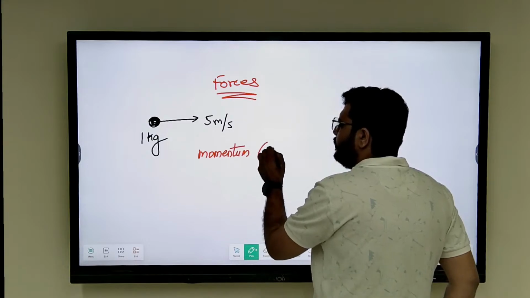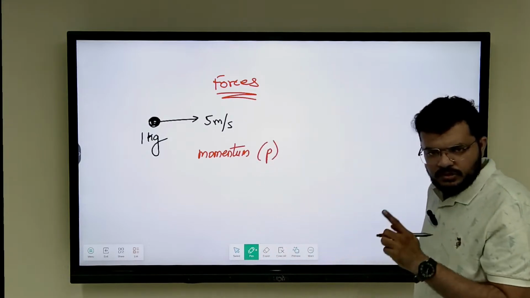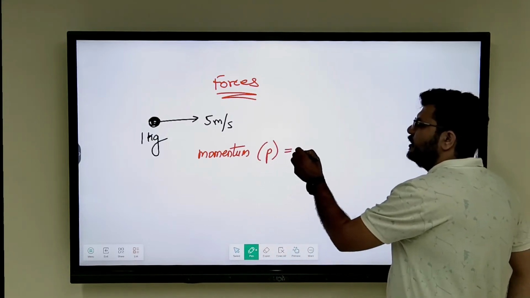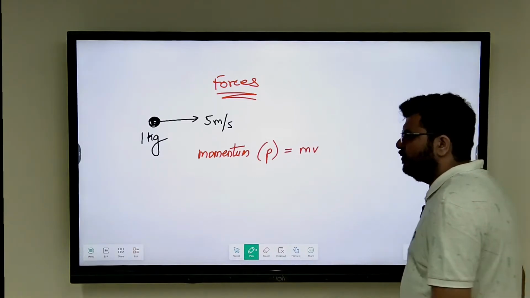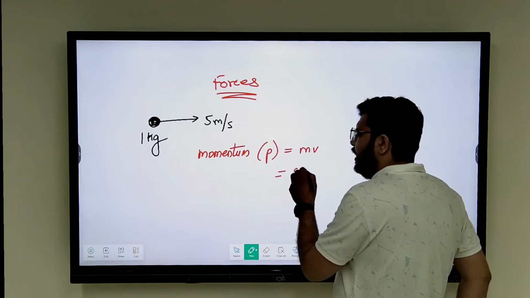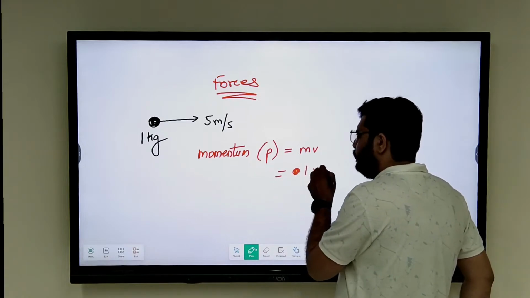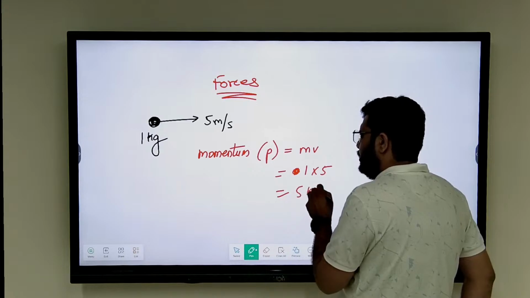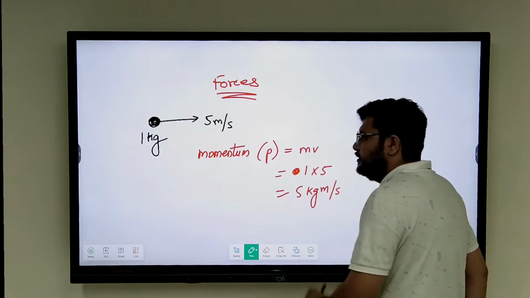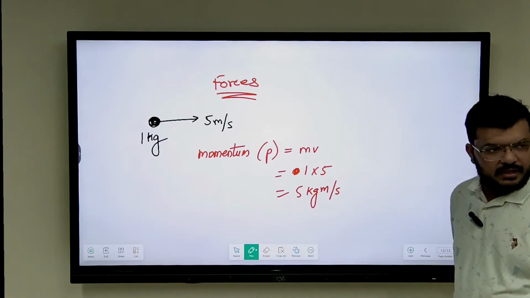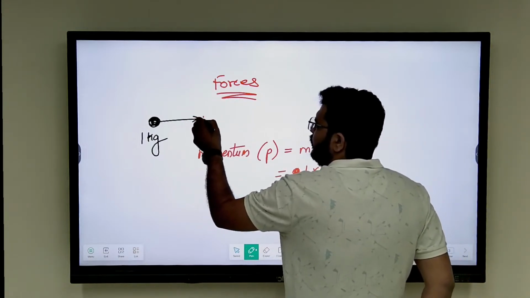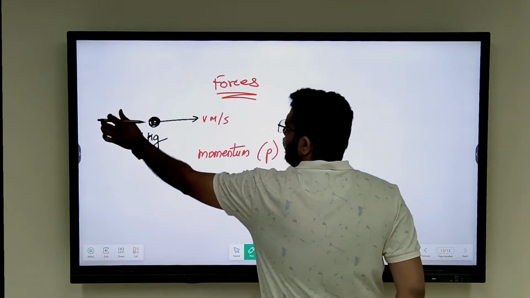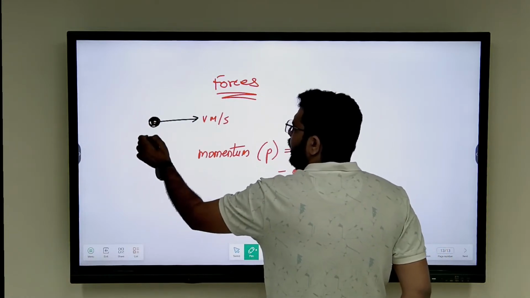Momentum, denoted by letter P, which is also a vector quantity, is written as m into v, right? So what is momentum over here? 1 into 5, which is equal to 5 kg meters per second. Theek hai, ye momentum ho gaya. But now if you understand this, may I write this as v meters per second and m kg,